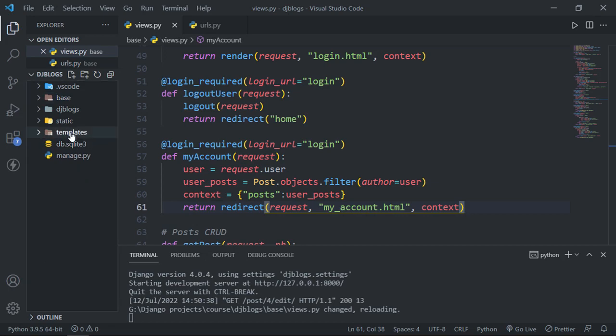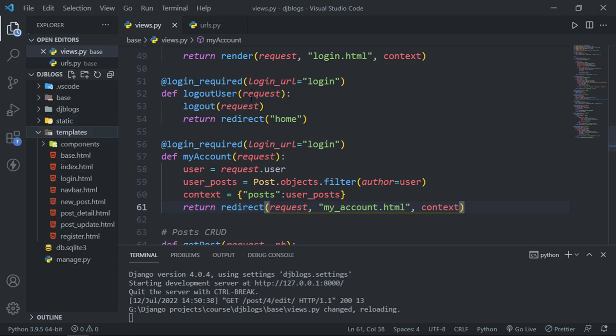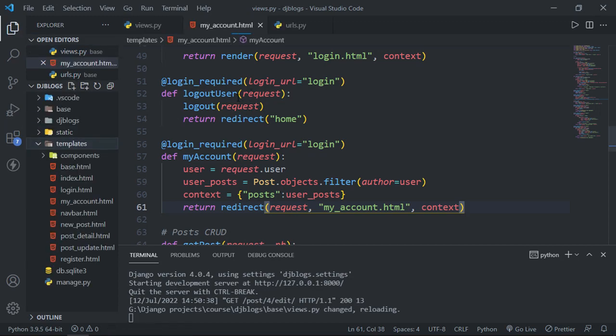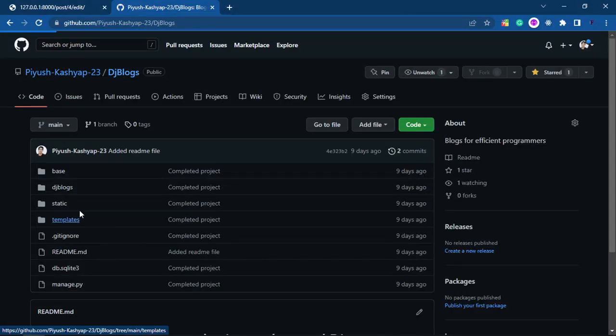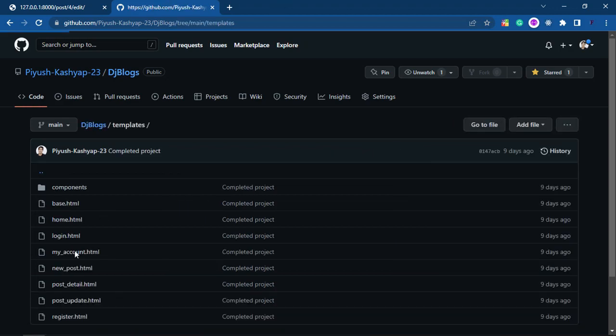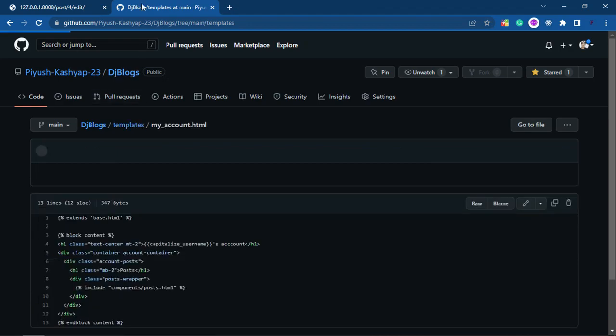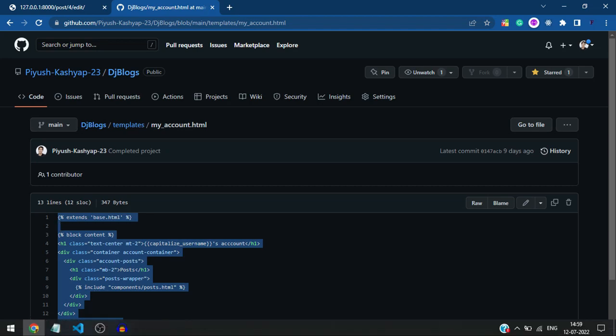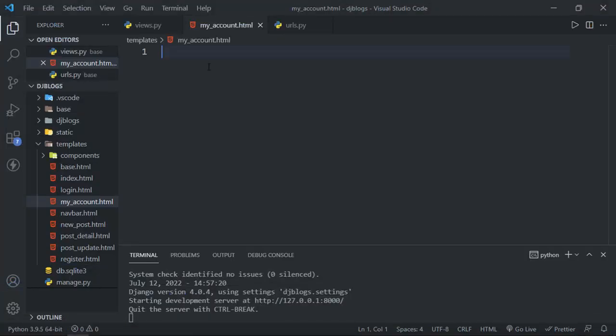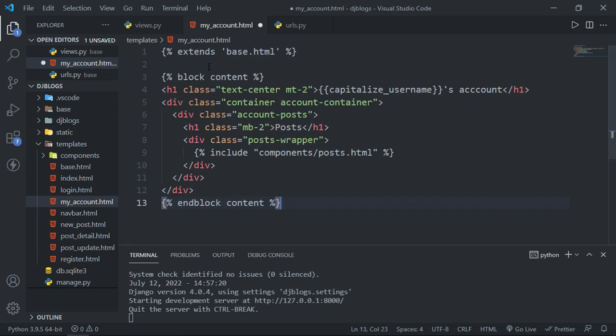So inside these templates create one more file named my_account.html, and inside this copy the code from the source code of this project. So open this templates folder, and then open this my_account.html file and copy the code from here, and then paste it in this file. Let's save this file,